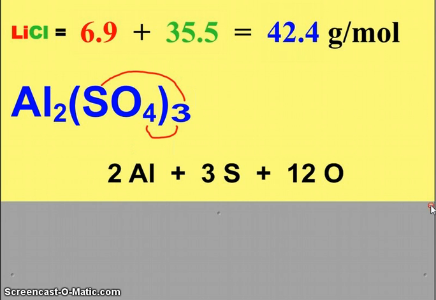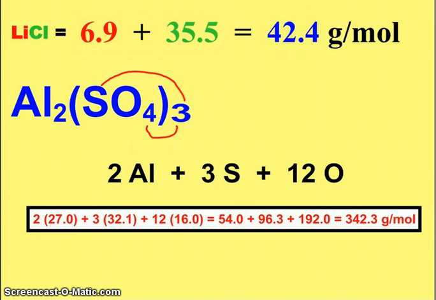What that means mass-wise, the aluminums are 27.0, 2 of those, that makes 54. Sulfur is 32.1, 3 of those makes 96.3. And then there are 12 of the oxygen, 16.0 is 192. You add those together. So our final answer for the aluminum sulfate is 342.3